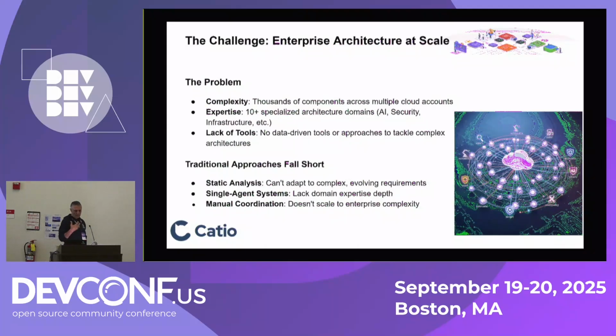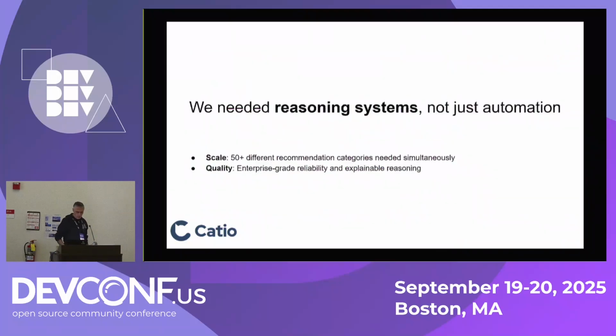So the question is how do you build tools to tackle that kind of complexity? Because static tools don't work for this kind of problem. Whether it's snapshots or whatever, they don't adapt. You've got single agent systems, whether it's Datadog or Dynatrace, whatever. They don't have the cross-domain expertise. And running around yourself, which is what we used to do, coordinating all these things just doesn't work. It's broken. So what we needed is a reasoning system, not just automation,